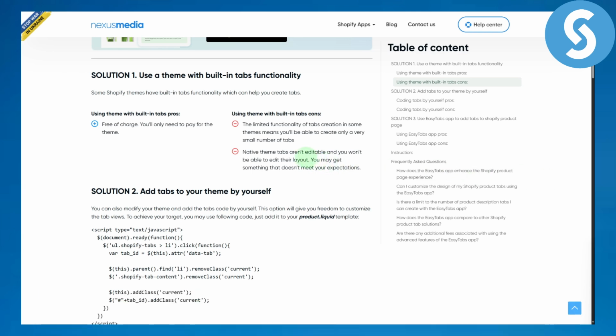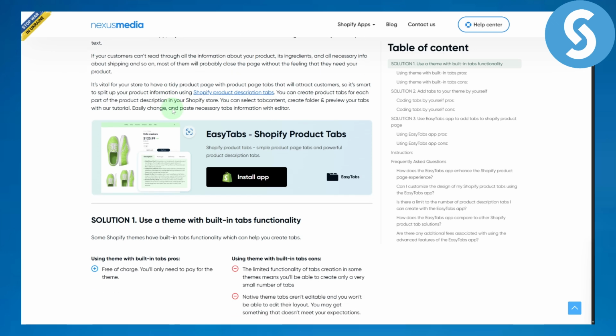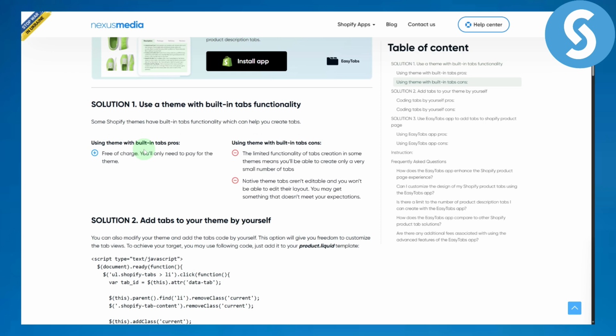Jumping over to the video, we can see we have two different methods. The first one is that Shopify has some themes that have an integrated tabs customization option, and you can use that. Some Shopify themes have built-in tab functionality which can help you create tabs. And if you cannot find that in the theme that you are working with,